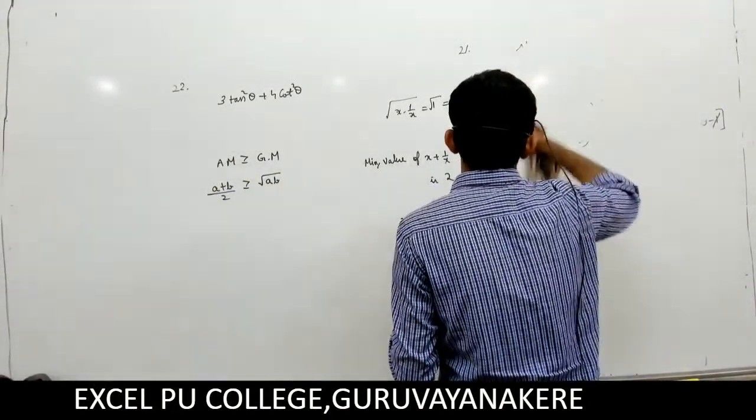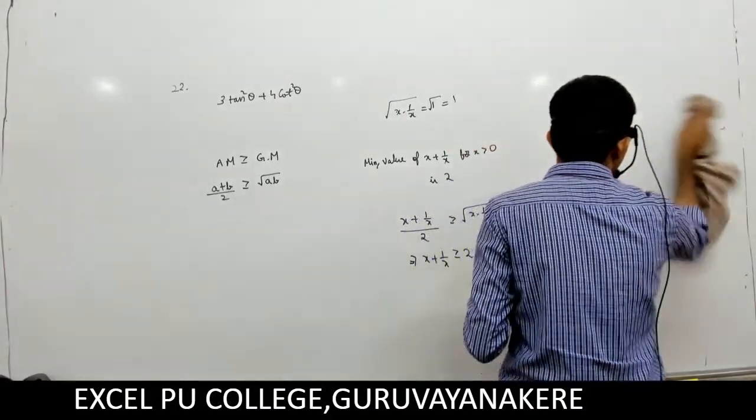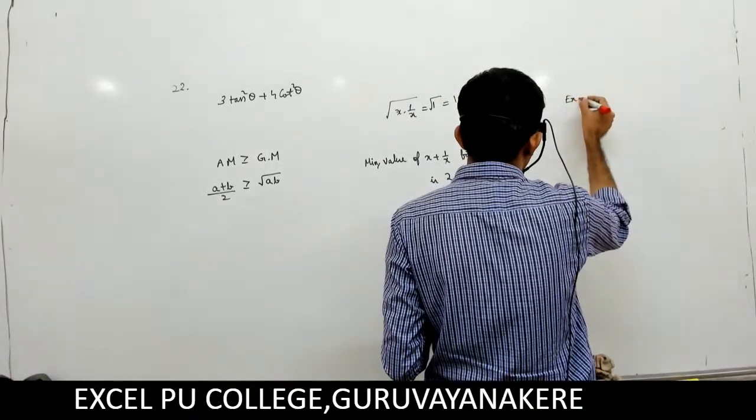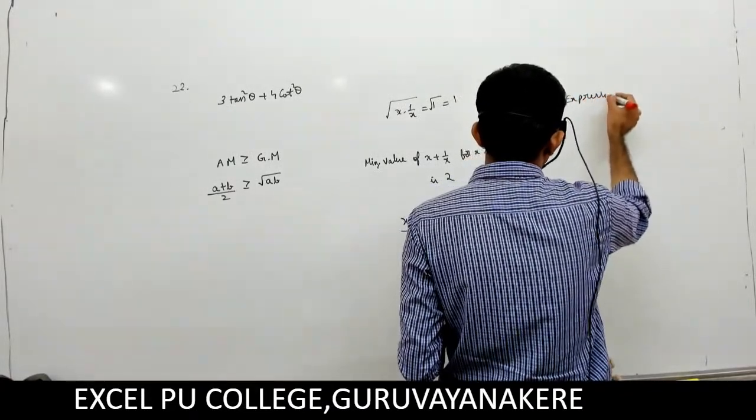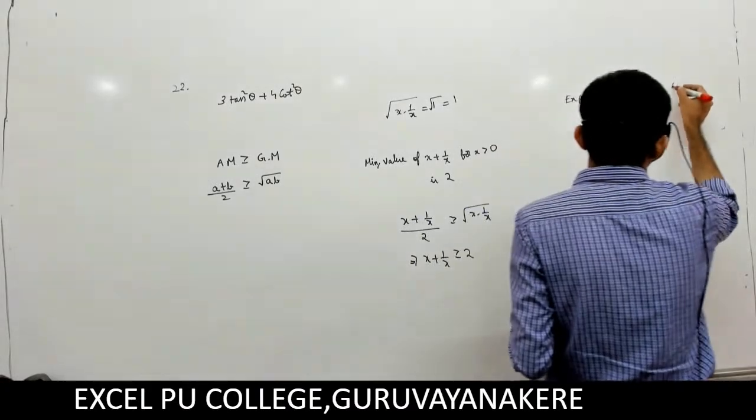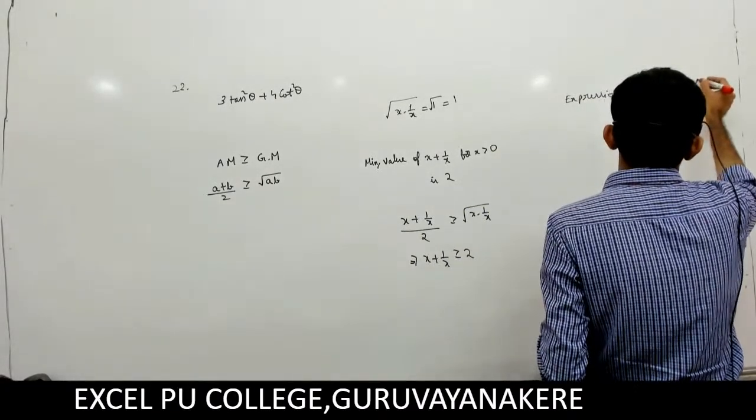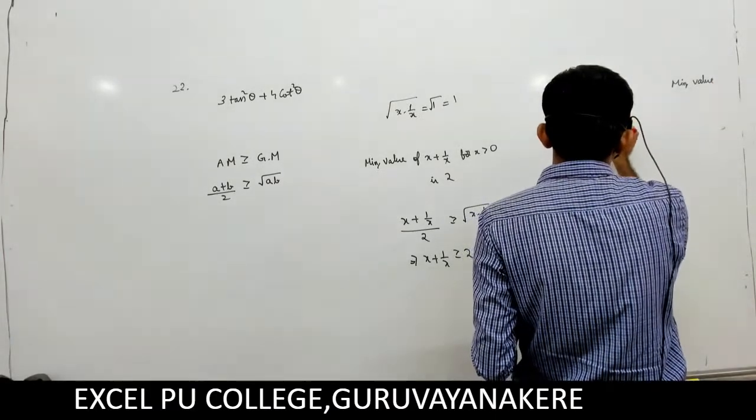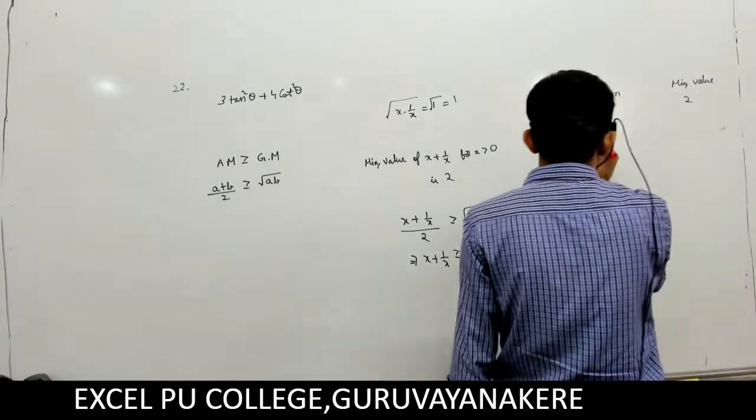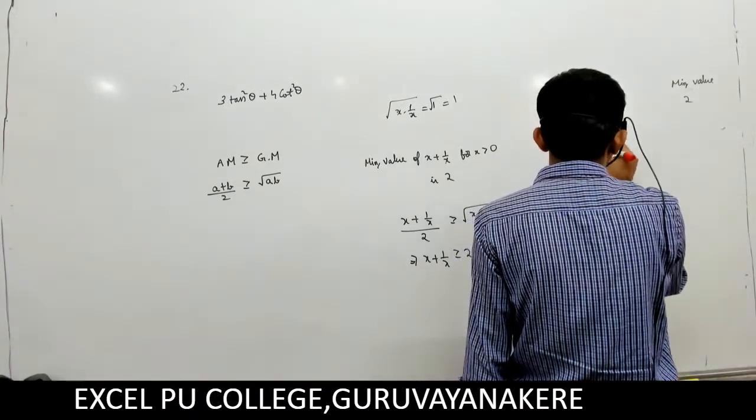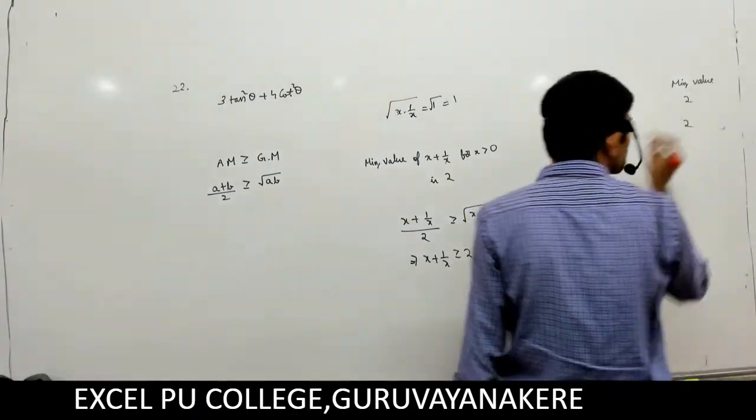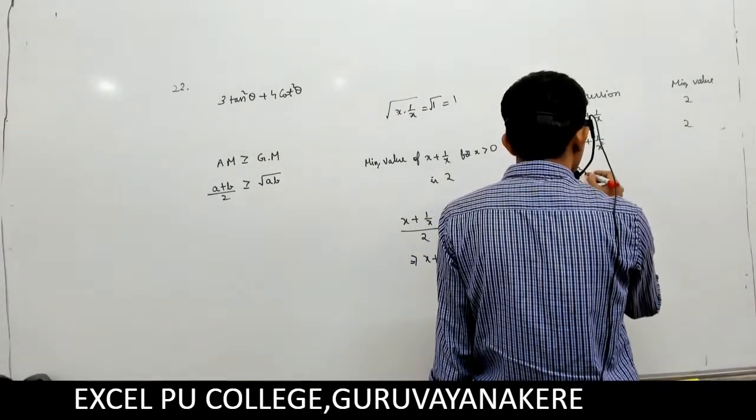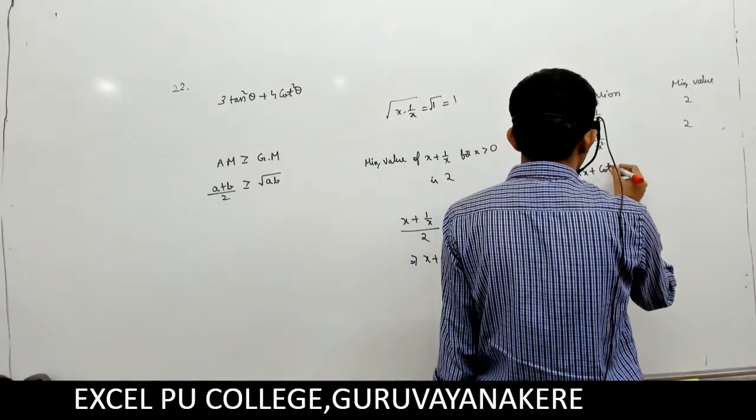I can make a table for that. Make a table like this, with expression and minimum value, so that it may be helpful for you. Expression: x plus 1 by x, minimum value is 2. x square plus 1 by x square, minimum value is 2. If you want the minimum value of tan square x plus cot square x, in that case also minimum